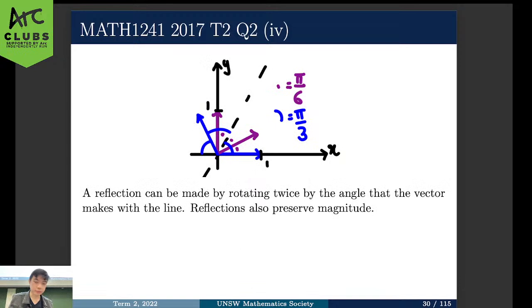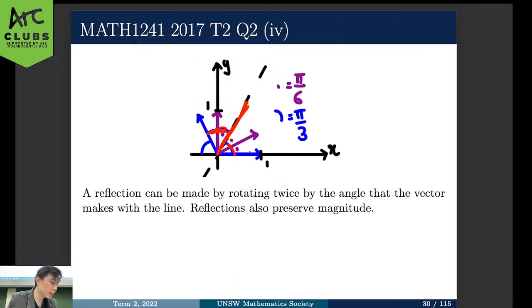Essentially, how a reflection works is you look at the angle that the line of reflection and the actual vector that we're trying to reflect make, so that's the angle. And then you have the vector